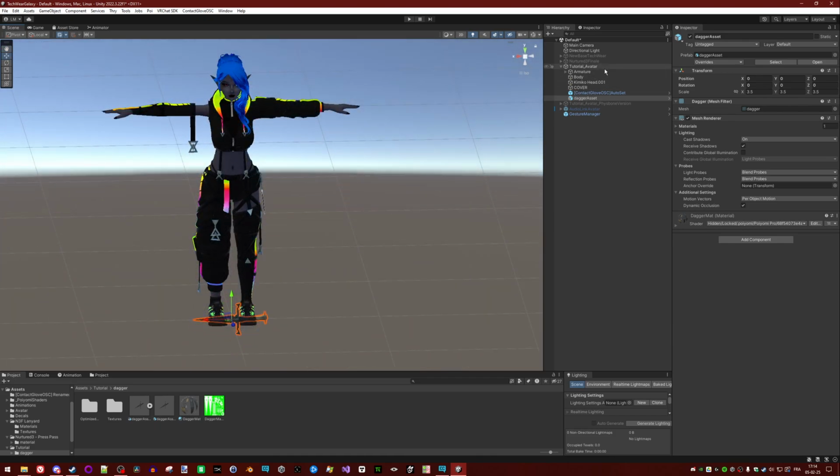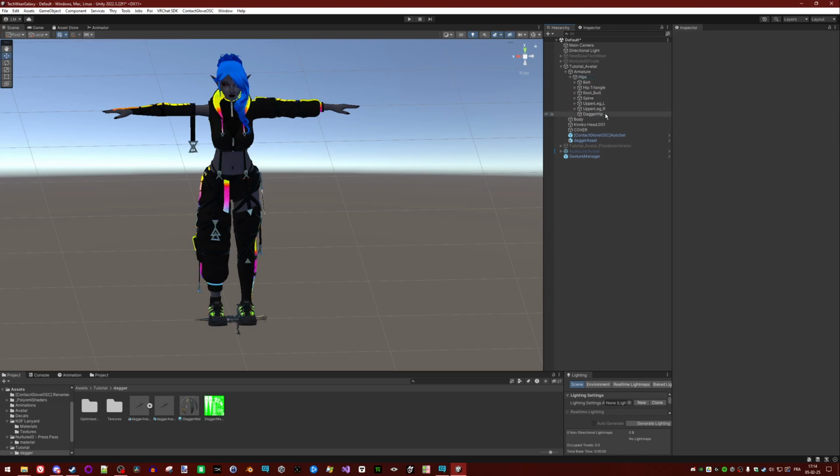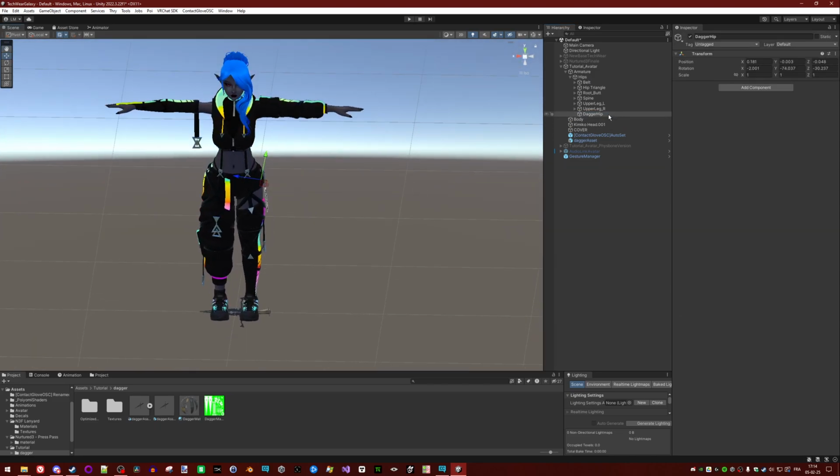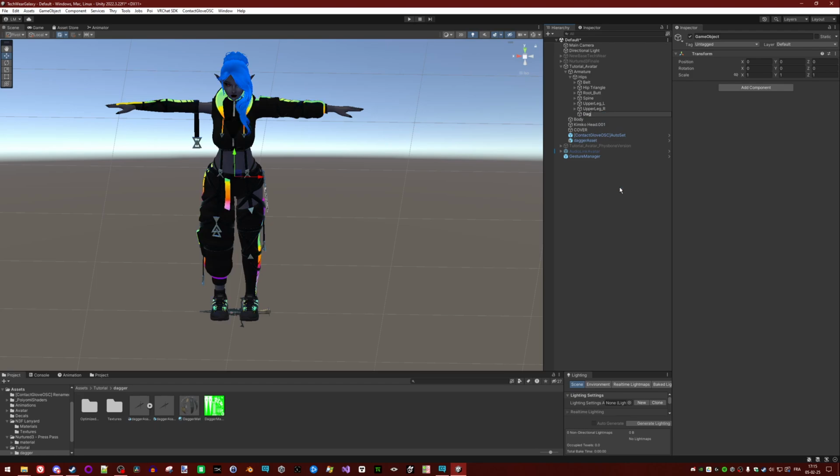So the first thing to do is to know where on your avatar you want the dagger, the prop, to be. In this case, both hands and the hip. And you will need to create an empty transform for each. So right click, create empty, dagger hip. And same thing for both hands.